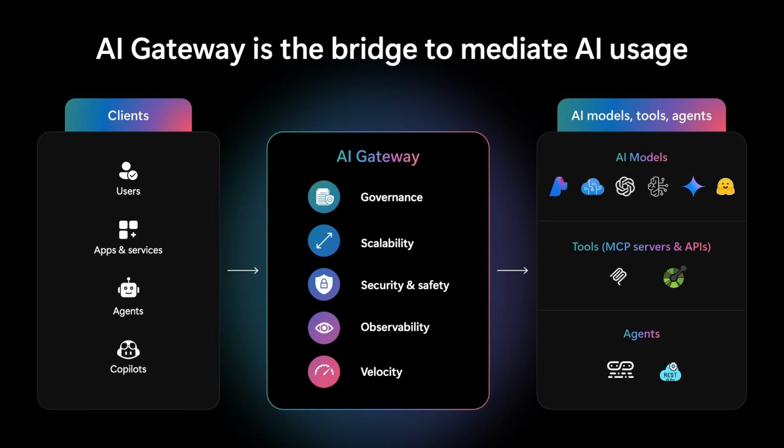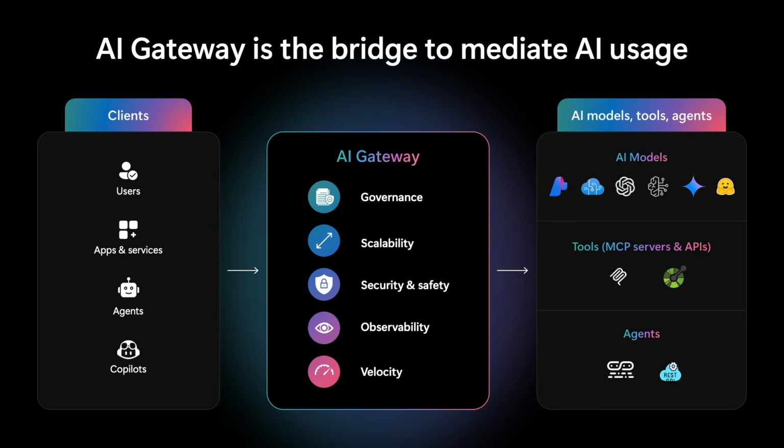All of these things are mediated, the access from clients to these particular endpoints are mediated by AI Gateway, which includes governance, scalability, security, safety, observability, and velocity. Exactly the problems we talked about earlier in terms of how AI complicates governance, scalability, observability, velocity, and AI Gateway